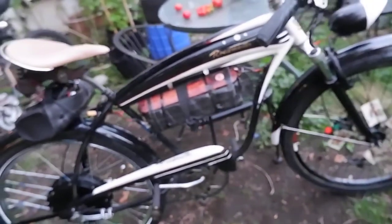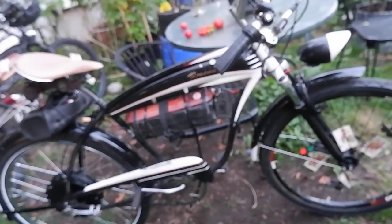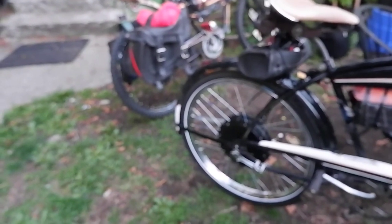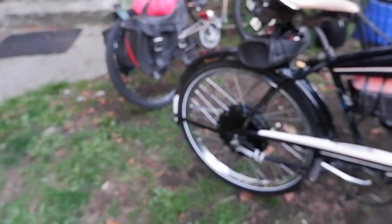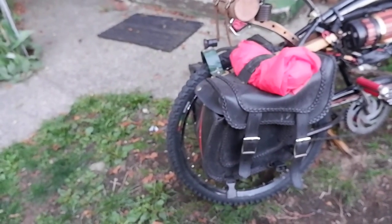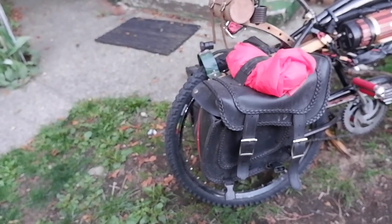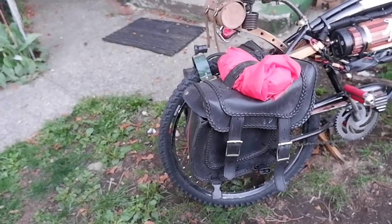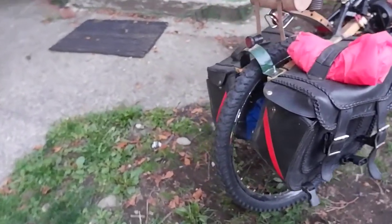And I'm building these locally for people, but it started about $6,000 Canadian, $6,500 Canadian. And I spoked that rear wheel as well. That's a steel rim for extra durability. And there's also a steel rim on the farmer's bike for extra durability, going over bumps and being able to repair it if it gets dented. Pretty hard to fix a dented aluminum rim, so if you're going to put a big motor in it, you better put in a strong rim,